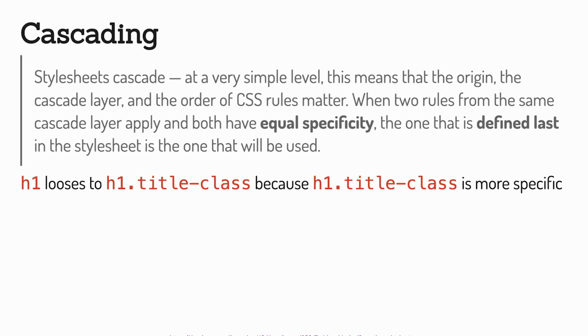And then part of the name of CSS is the cascading. And that is a very long way of saying that if we specify multiple rules that select the same element, there is a rule set that you can find online if you search for it that specifies who wins. It's quite complicated, but the general rule is that a more specific selection wins over a less specific selection. So if you have a rule for H1 and a rule for H1 title class, the H1 title class will win because it uses a tag and a class, which is more specific than just a tag.